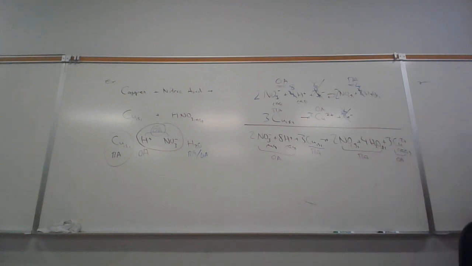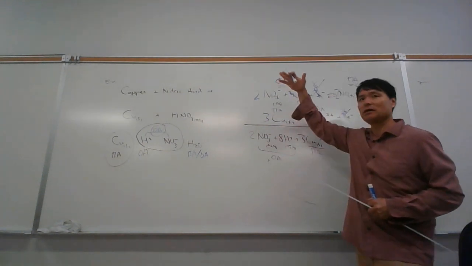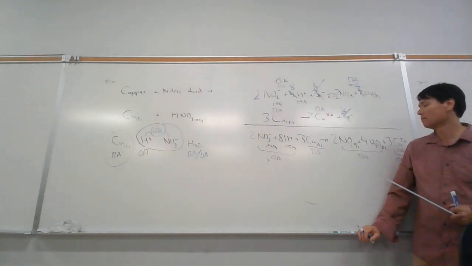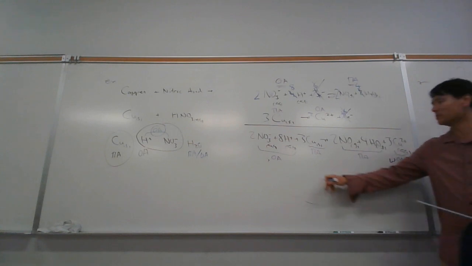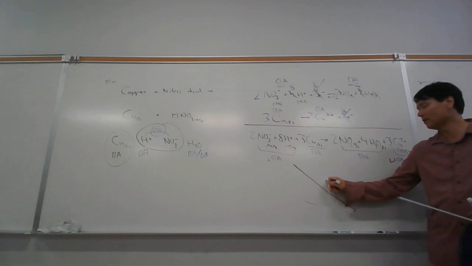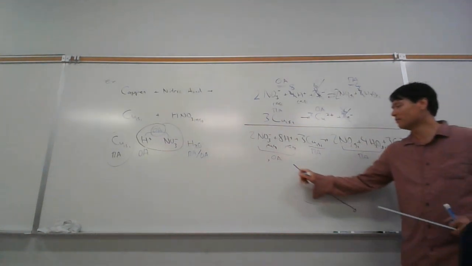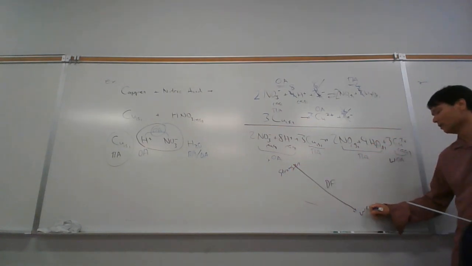So we go to the chart here. We start off at fluorine, and then the first one we hit is nitrate and H plus. And then copper 2 plus is down here. So nitrate and H plus is stronger. What does stronger mean? Stronger means higher energy, more reactive. Okay, this is weaker. Weaker means lower energy, less reactive, so it's downhill. If it's downhill, that means there's driving force. And the driving force is going from stronger, which is higher energy, more reactive, to weaker, which is lower energy,